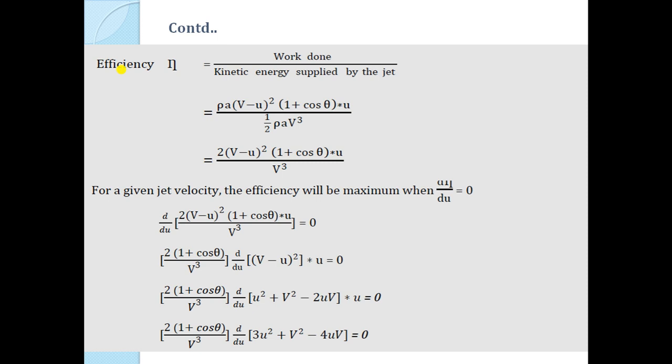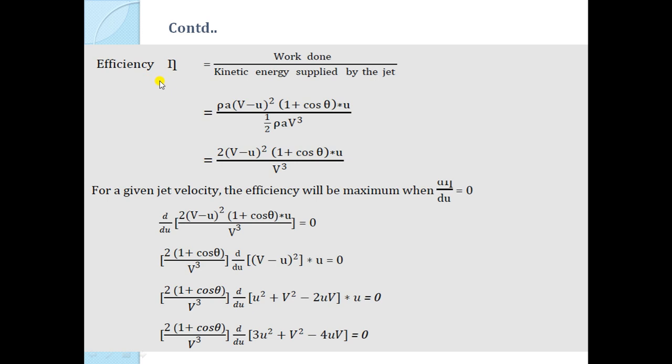Efficiency, as I said, is given by the ratio of work done divided by the kinetic energy supplied by the jet. So, if we substitute the values, work done is rho a into (v minus u) the whole square into (1 plus cos theta) into u, and the kinetic energy supplied by the jet is half rho a v cube. If we simplify, we will get 2 (v minus u) whole square into (1 plus cos theta) into u divided by v cube. Now,